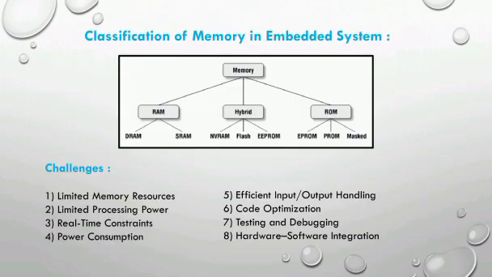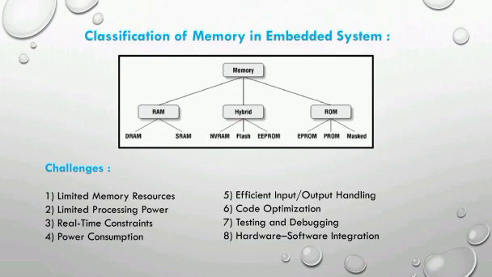Memory in an embedded system is classified into RAM, ROM, and hybrid memory based on functionality and data retention. RAM such as SRAM and DRAM is used for temporary data storage, while ROM types like PROM, EPROM, and mask ROM store permanent programs. Hybrid memories, including flash, EEPROM, and NVRAM, combine